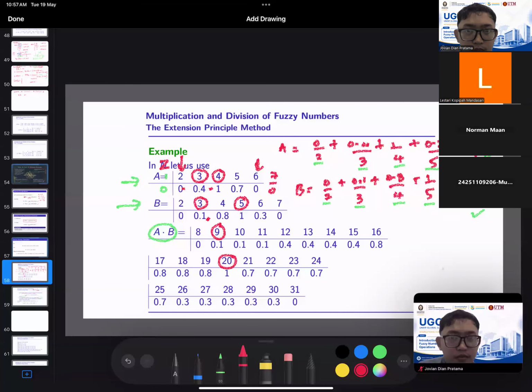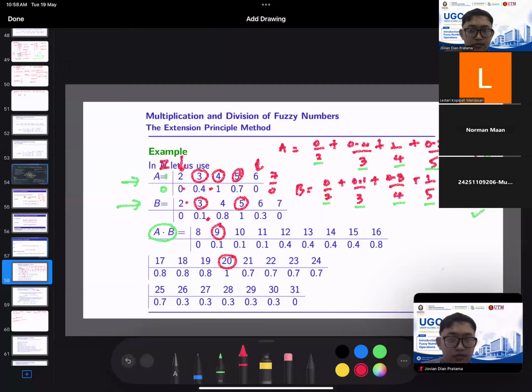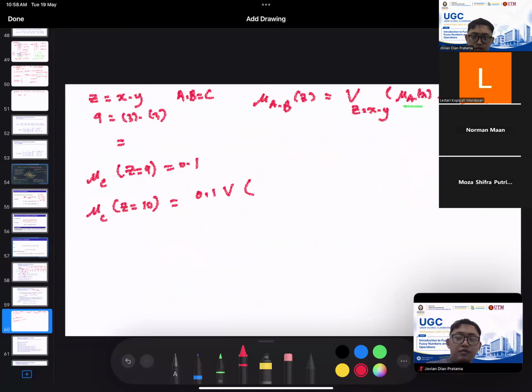So 2 multiply 5, you will get 10, but the minimum fuzzy value will be 0. 5 multiply 2, you choose either 0.7 and 0, you still get 0. So in that case, the value that you should get here will be 0 also,